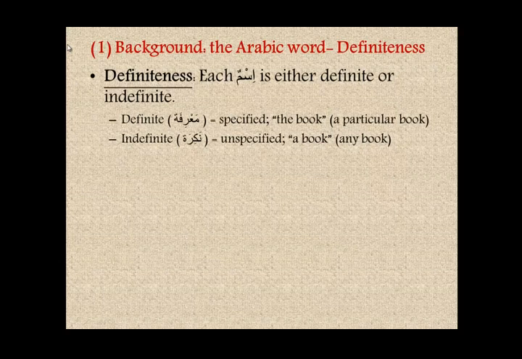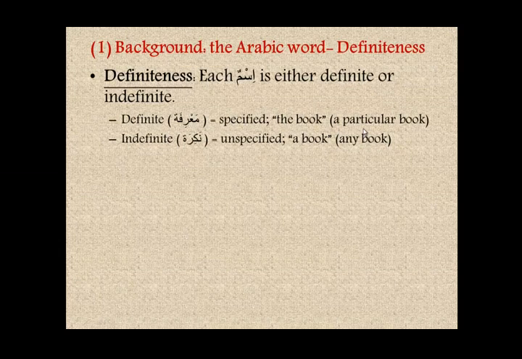Let's talk about the fourth and last quality of asma in Arabic. Each ism is either definite or indefinite. So the Arabic word for definite is ma'rifah. When I say something is definite, I mean it is specified. We're talking about a specific item or specific thing. So if I say the book, right, just like in English, when I say the book,